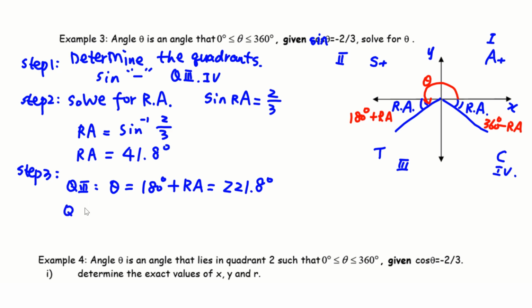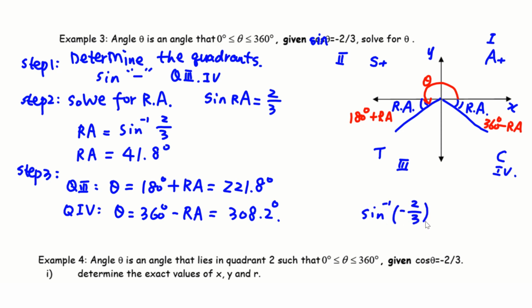And in the fourth quadrant, the angle equals 360 take away RA. It gives you 308.2 degrees. And if you use your calculator, just do the inverse of negative directly, you will find out it